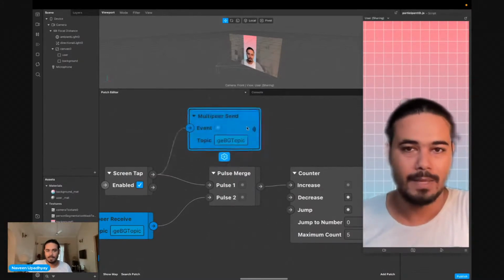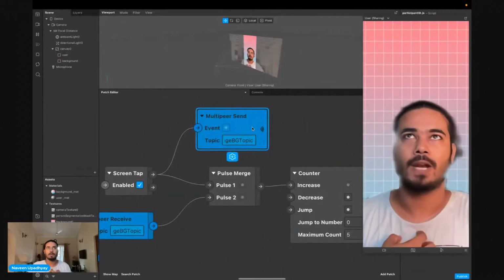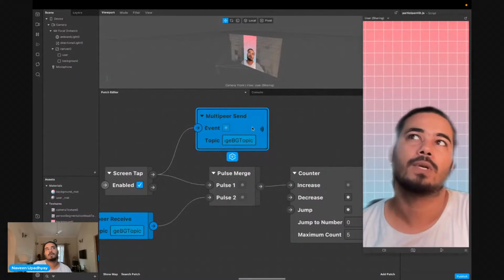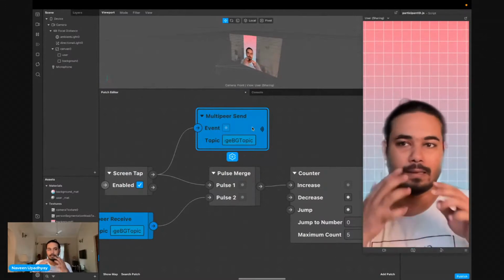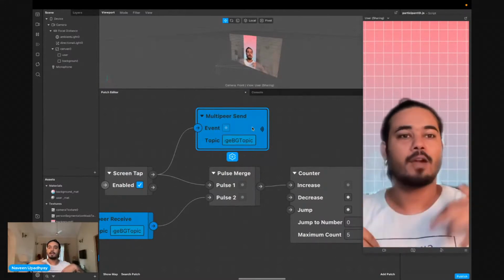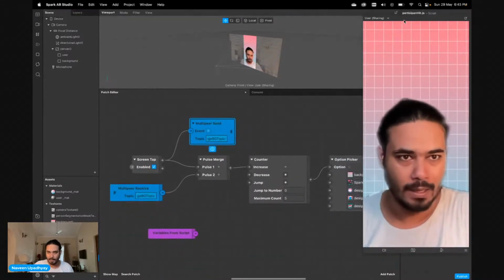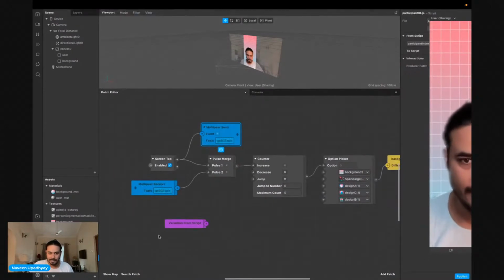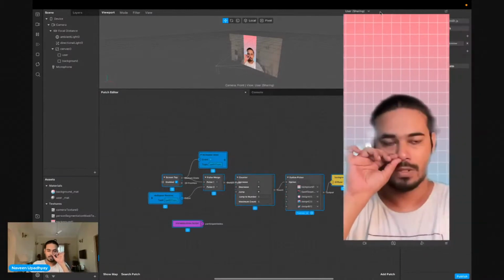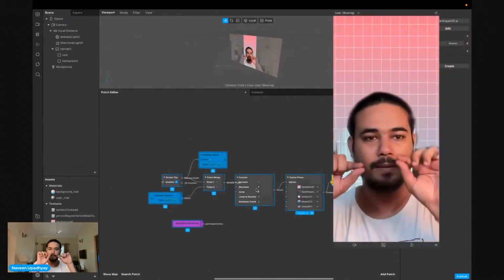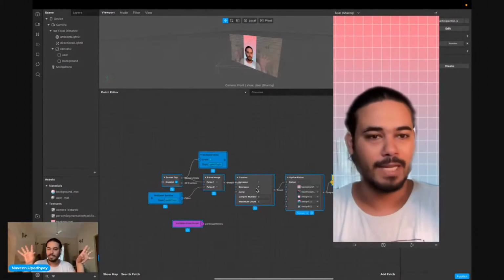What it does is that this multipeer send only goes to the participants. Okay, so when I'm the user, when I'm the one who is sending that tap pulse, then that won't execute over my copy of the filter. Let's try to imagine this again. Whatever this file is, whatever this code is, this entire code is common for all the users. Like when I load the filter, this is what my phone has, this is what my friend's phone has, and this is everything everybody's phone has.